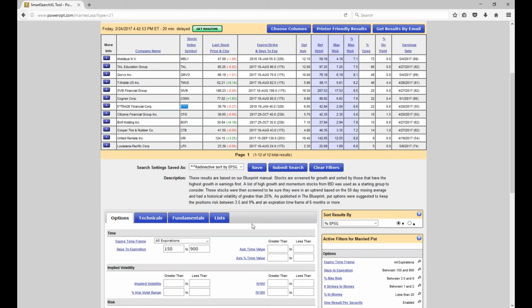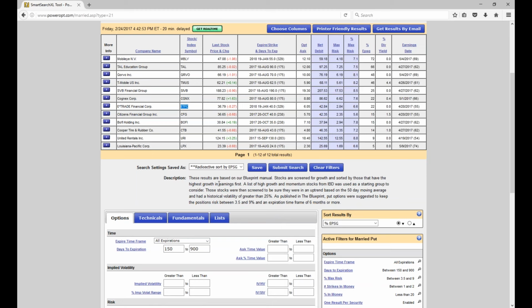Why are we going 150 days out in time? It's because of the decay of the options. And it's also because of a sort of golden rule of options. There are a couple golden rules of options. The first one, Lionel, of course, is that the time value goes to 0 as you approach expiration. Well, that's obvious, but that's a given. It's etched in stone. The time value is going to 0.